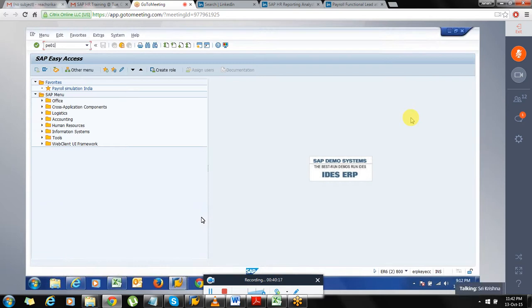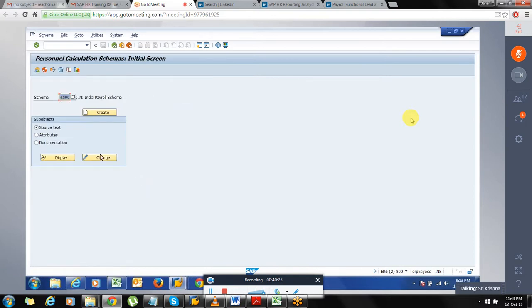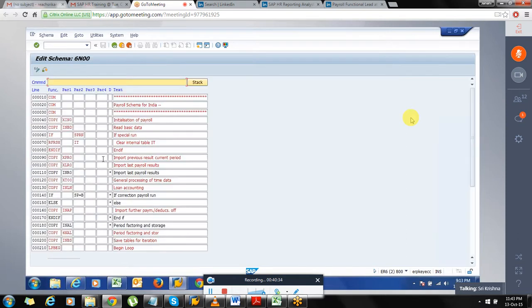So for that purpose, what we have done, we had gone to a copied schema, payroll schema. Here, you can see we have a factoring related subschema for each country. If you go for international, you will have XPPF like that, but everything is almost similar. There won't be a big difference. So I copied a subschema over here.